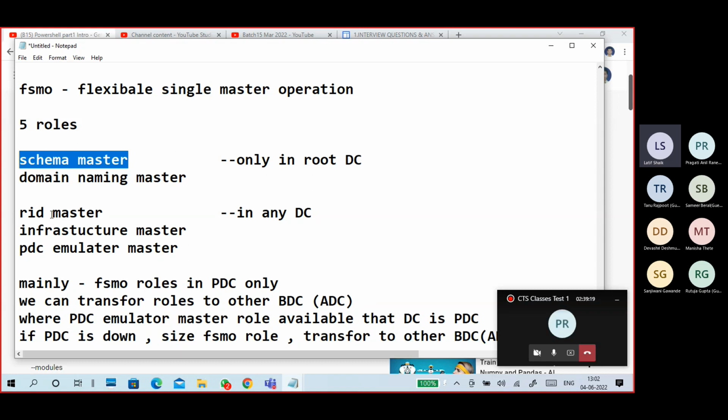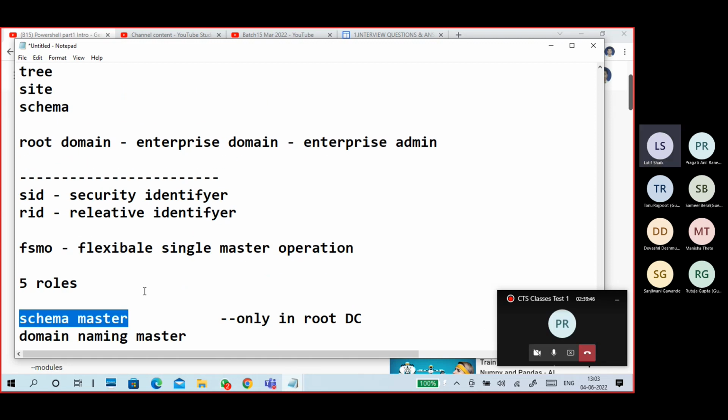The very important one is password changing. When I create an account, I give a password, or for an existing user I want to change the password, either you give a new password or change the password, and the PDC emulator master is important. So the domain controller that has the PDC emulator master is the primary domain controller. So these are the FSMO roles.